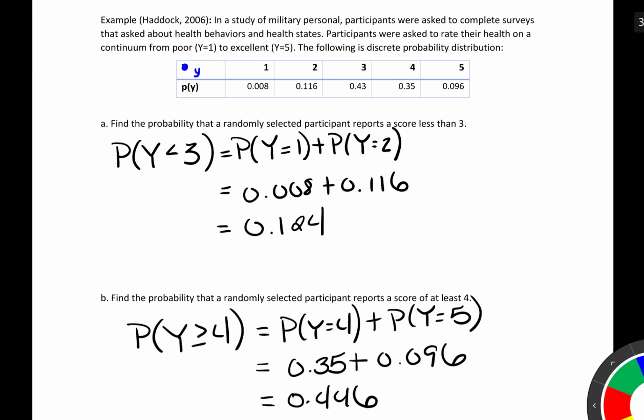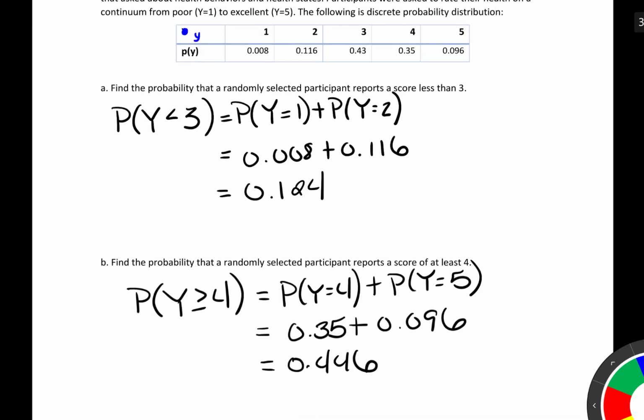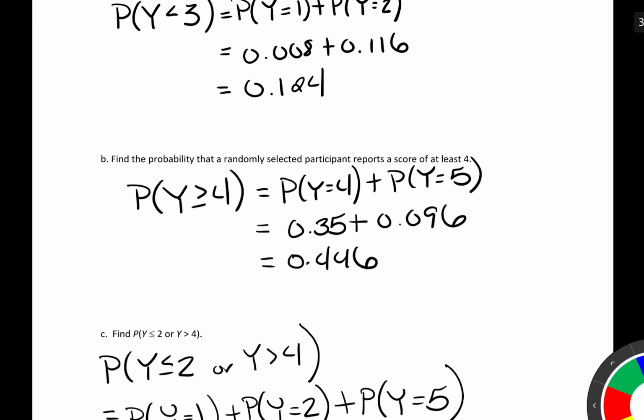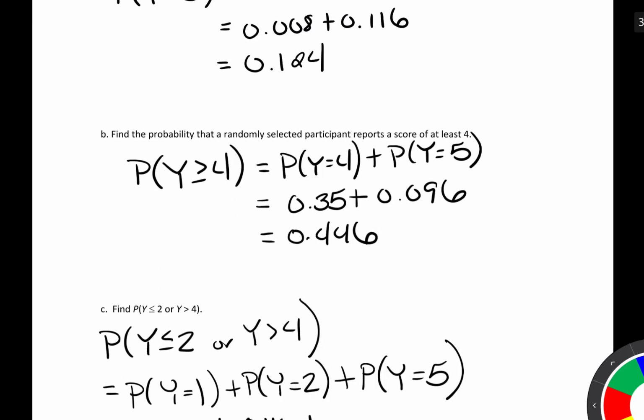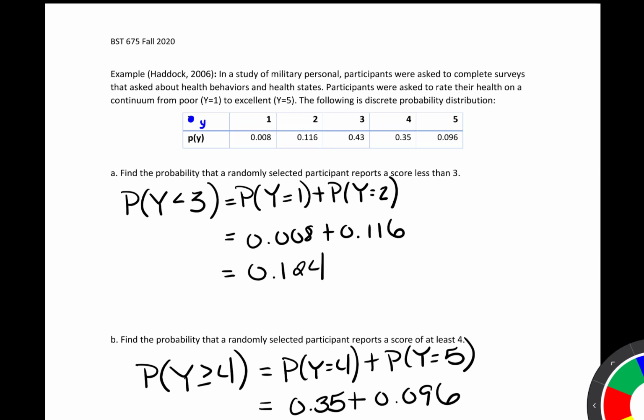And going back up to our distribution, and then again, we can put this in our calculator. All right. So here we can see, when we have a relatively small probability distribution, calculating the probabilities is fairly straightforward. And one thing to notice here, remember we call this the probability mass function.